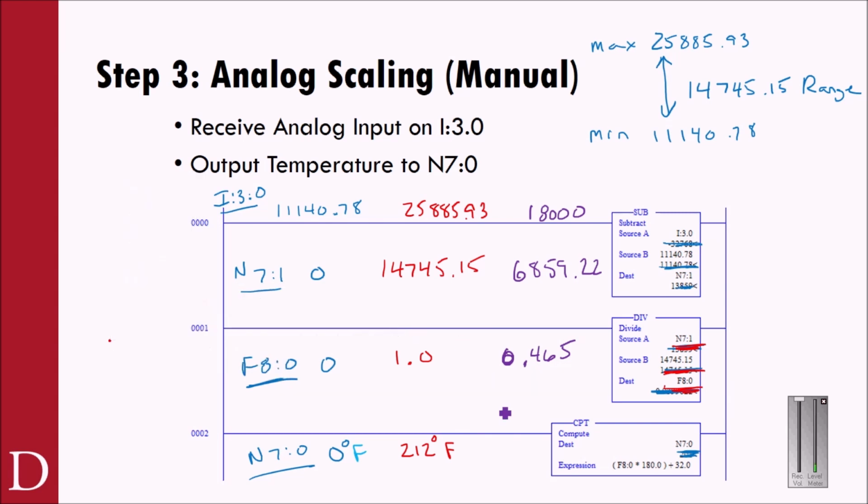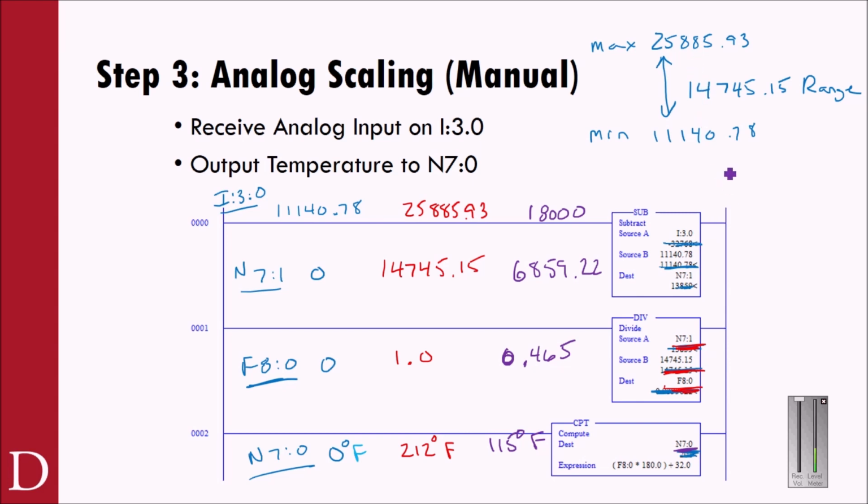115.7 degrees, I think, is the number. Notice we're storing this in an integer, though. So I'm going to say it's 115. I'll just call it 115 degrees Fahrenheit, so it's an integer. So you can actually see we're able to calculate the temperature for any value that came in between 11,140 and